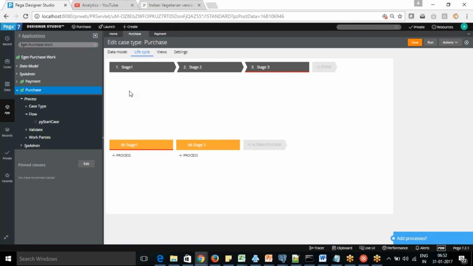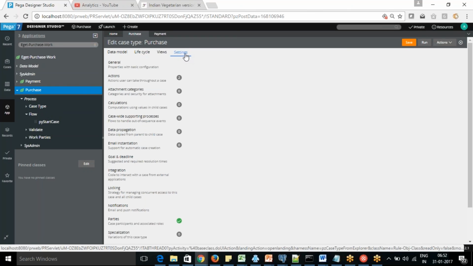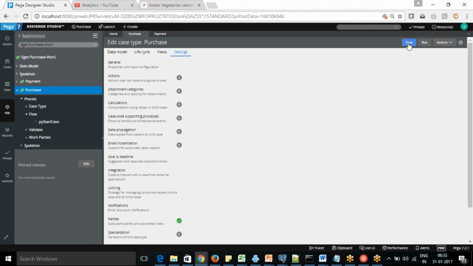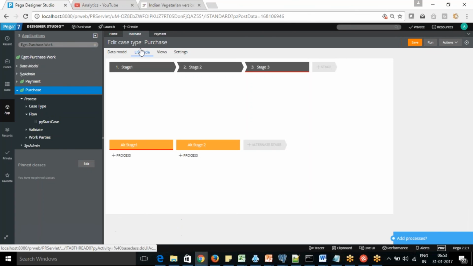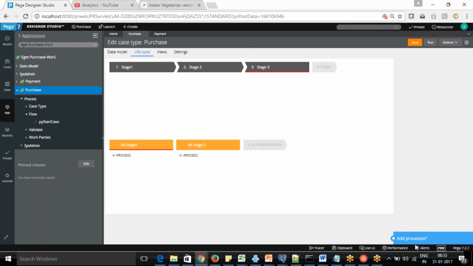Okay. So this is one of the issues we need to take care of when we are working on Pega. When we are working on this life cycle, click on save to save this tab. When you move to the settings tab and you have not saved your stage 1, what happens is it removes the unsaved changes we have done in life cycle 1. So if you click on save now, and I make changes to life cycle 1, those changes were not saved properly. So this is one of the issues within Pega.